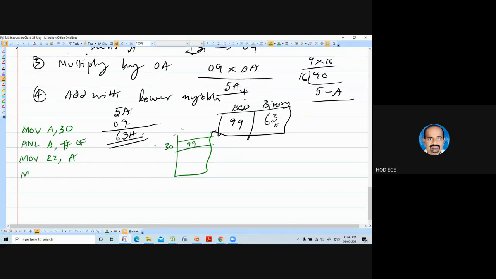Take the fresh number from memory location 30H. Mask the, extract higher nibble. Here you have extracted the lower nibble.